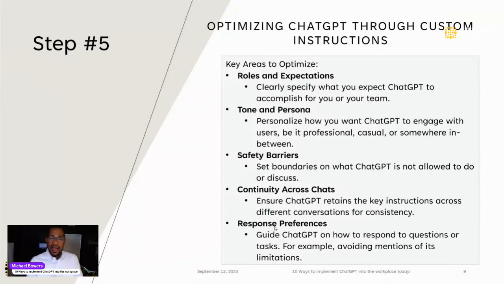The next thing is how ChatGPT engages, and this is probably the most important one. If you guys message me, I will send you specific content. And Jeff, I sent this to you over the weekend, specific code that you can put into your how-to-engage-with-me setup instructions for ChatGPT. That is the game changer. Because before, when ChatGPT came out, it was always good, but it wouldn't always continue the conversation or the thought. It required you to keep it going, and you'd have to say, all right, well, what should I do next?